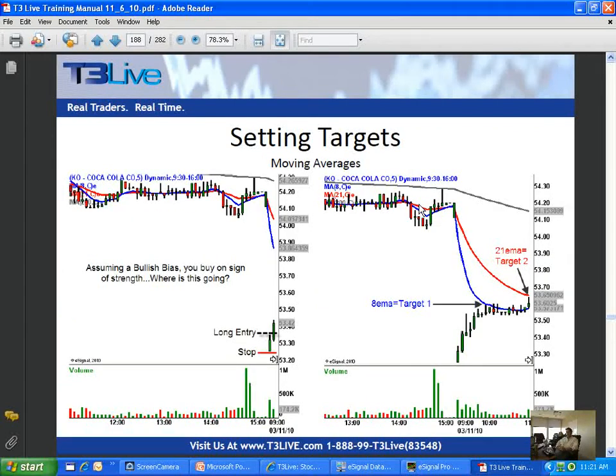Setting targets, moving averages. So this is basically using your moving averages to set targets, which we've talked about. This is really the reversion to the mean trade. So when a stock becomes extended off of the averages, we generally will look to trade it counter to the direction. So in this particular slide, what you see on the left is